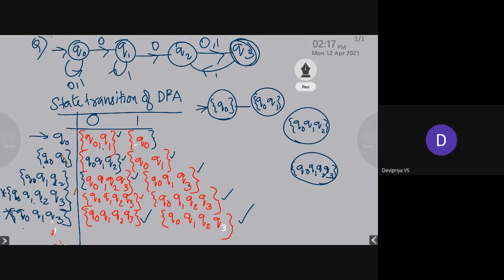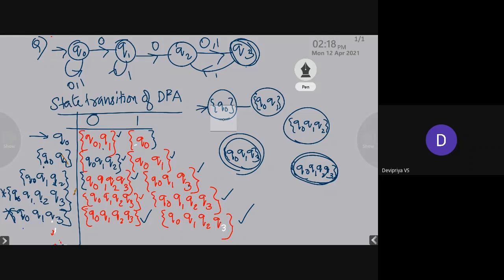Then we have the last state, which is Q0, Q1, Q3. So now we obtained all the states of the DFA. And which are the final states? Q0, Q1, Q2, Q3 is a final state. Similarly, Q0, Q1, Q3 is also a final state. So two final states are there. So now we can draw this diagram.